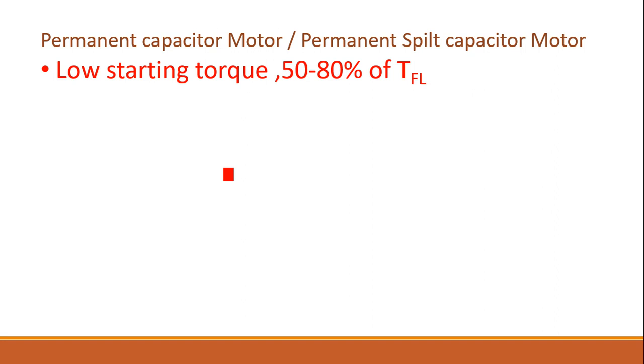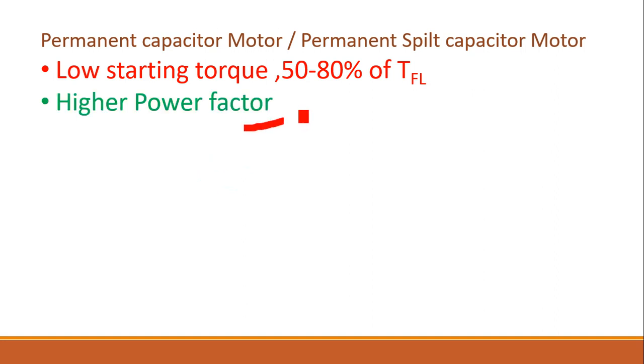You can compare some other motors, like a water pump motor with CSIR. If you are holding the shaft and switching on, what happens? You cannot hold it, it will automatically run, because it is having very high starting torque. So we can compare the starting torque with other motors. The PSC motor is having very low starting torque due to the phase angle difference between the main and auxiliary winding being very small,